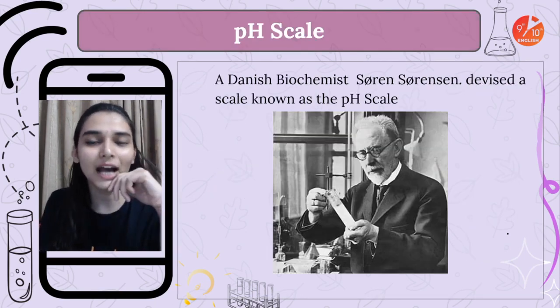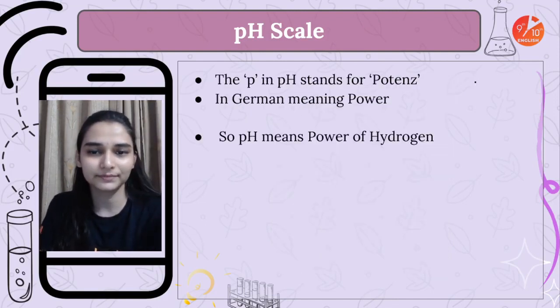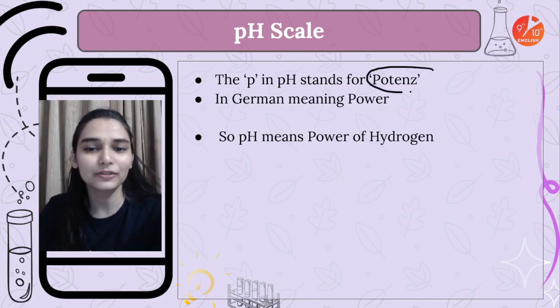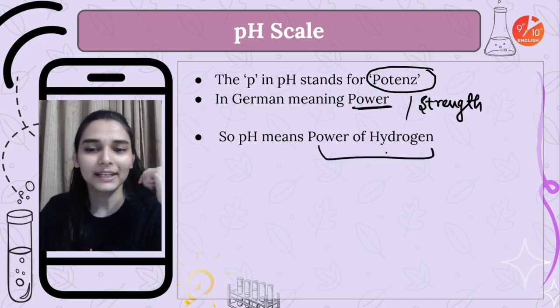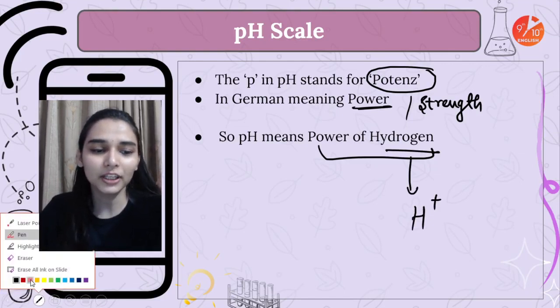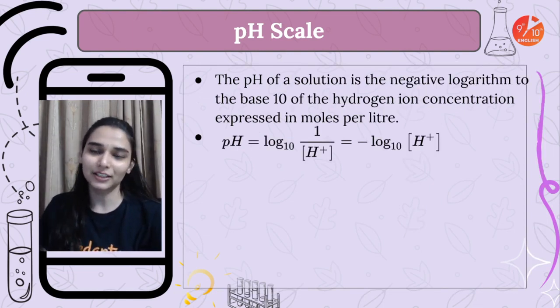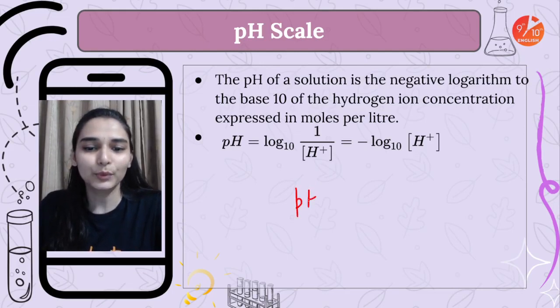Let's understand it. The idea of pH scale was given by Sorensen in around 1909. He said that in the pH scale, P basically stands for potence, that means power, or you can say strength. Potence, power, strength of hydrogen. And hydrogen here means we are talking about H+ ions. So what is the strength of H+ ion in a given solution? Sorensen gave a basic relation. He said that pH is